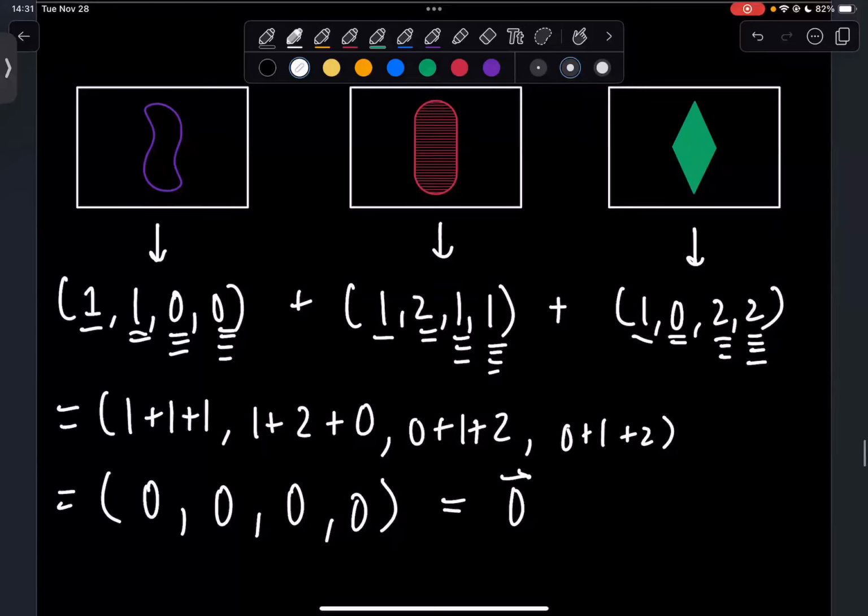Okay. Right. So anytime that you have a set, if you represent it with your vectors here and add them up, you'll always get the 0 vector back out. The reason for this, again, is if they're all the same attribute, they're either all 1s, all 2s, or all 0s. And in all 3 of those cases, if you add them up, you'll get 0 mod 3. And in the case where they're all different, you're going to be adding 0, 1, and 2 in whatever order you want. And again, you'll always get 0 back out at the end. So again, for a set, if you add up the vectors representing them, you'll always get the 0 vector back out.